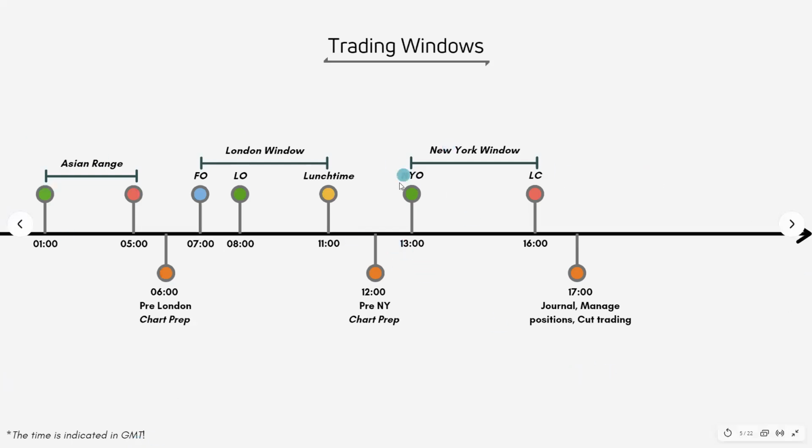And then we have the New York trading window. It starts from 1 and runs up until 16. And this is actually your London close. It's not New York close, it's London close, and you want to stop trading. You see, we already have the red light. And then at 5, if you're still at your PC, you want to journal, manage positions, cut trading, and just chill. No trades afterwards. And I have seen, especially Jack, he has been taking some trades around Asia, which is way out of that window. You don't want to be taking trades at that time because it's low probability.